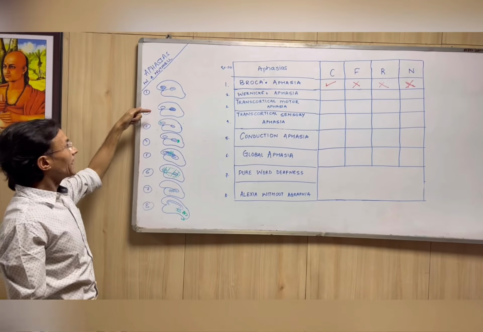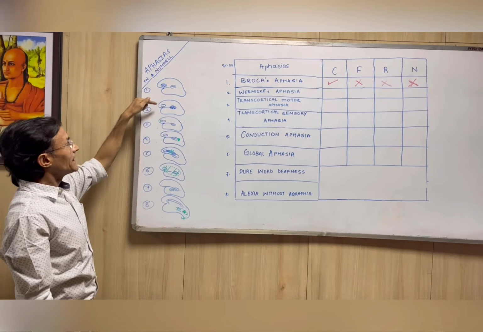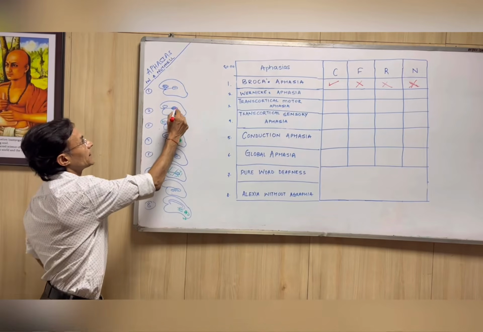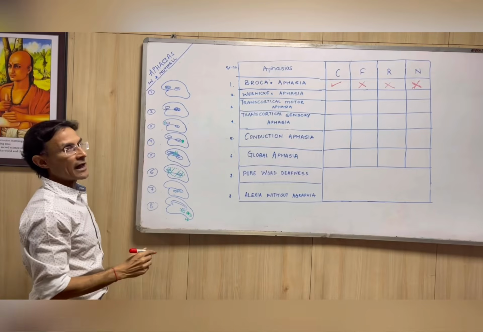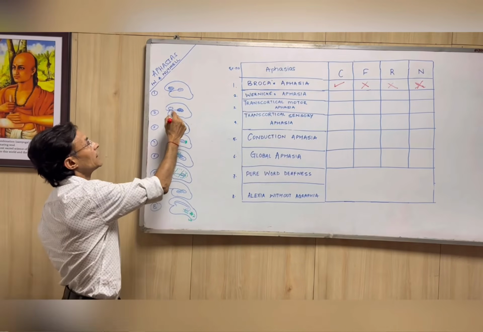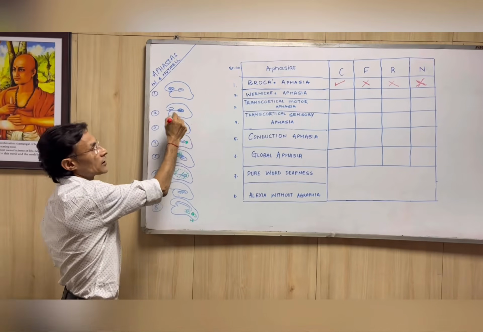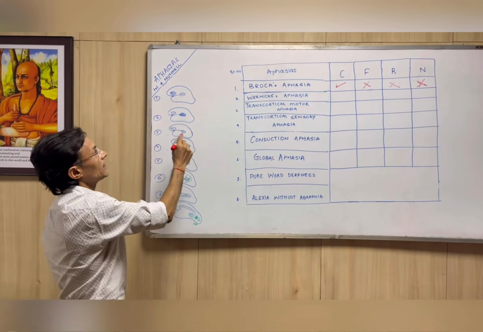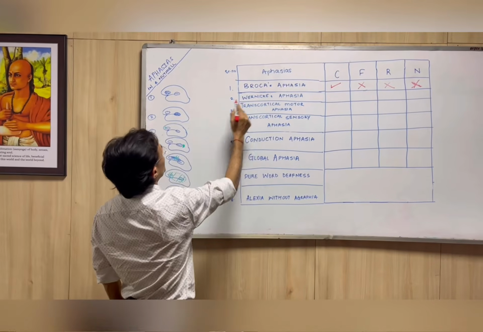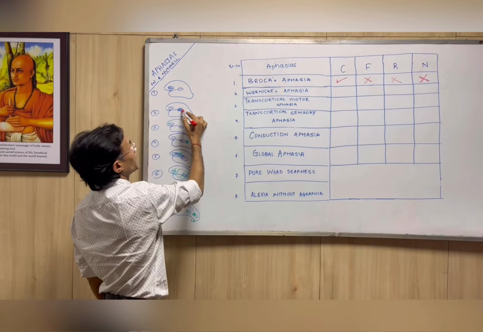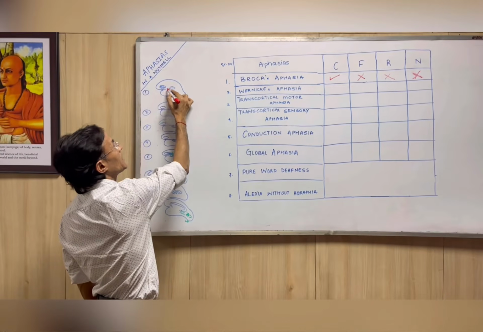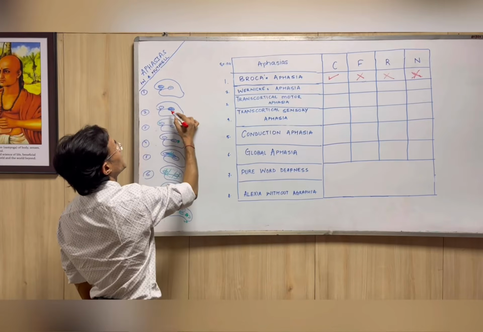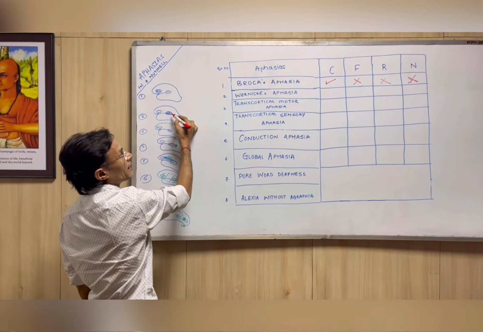Come to the second diagram. Here the Broca's area is intact, but the lesion is in the perisylvian area, that is the Wernicke's area, which gives sensory aphasia, because everything that is heard is understood in the Wernicke's area. So the second lesion will be in the perisylvian cortex, the middle cerebral artery territory. Here also usually the dominant middle cerebral artery territory: Broca's aphasia, middle cerebral artery territory, Wernicke's aphasia.